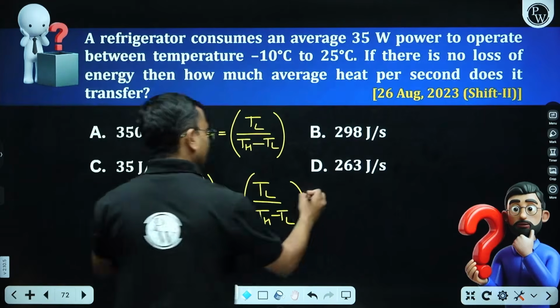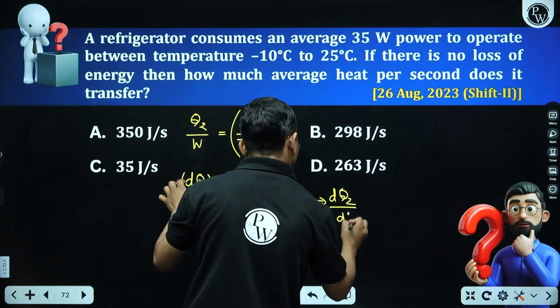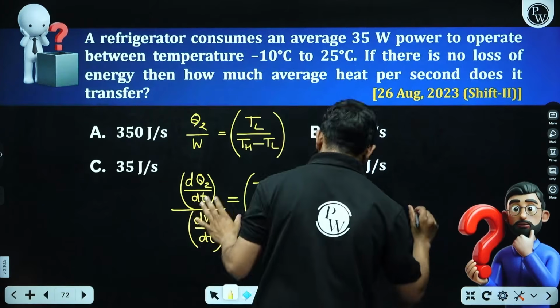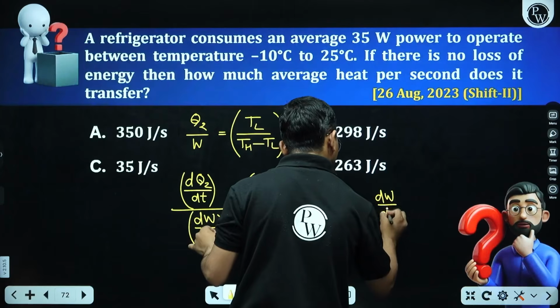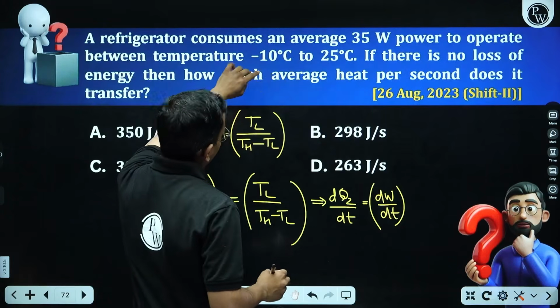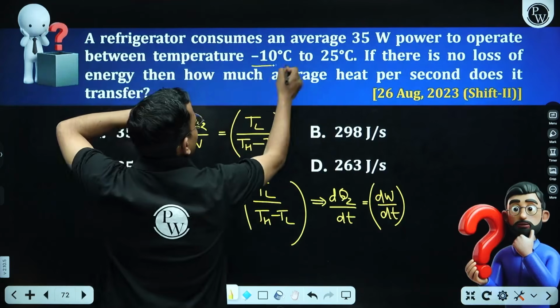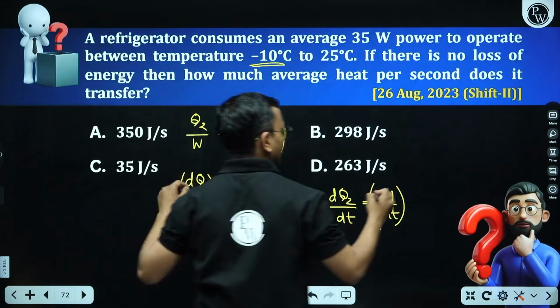So from here, dQ2 by dt is basically dW by dt into my T low. What is T low? This is minus 10 degrees Celsius. Convert that to Kelvin, so 263 Kelvin,